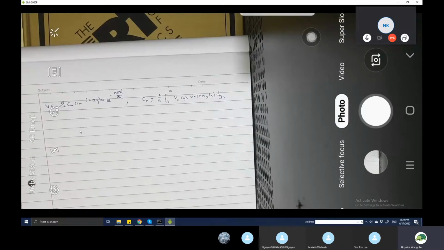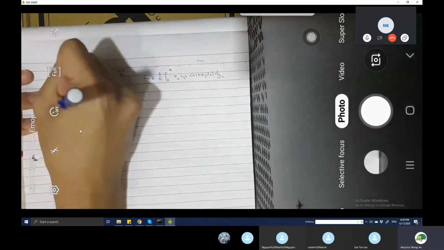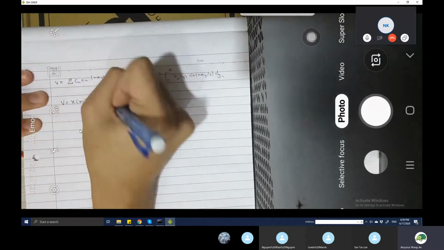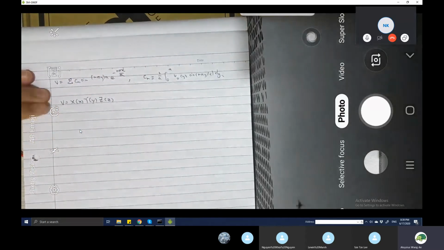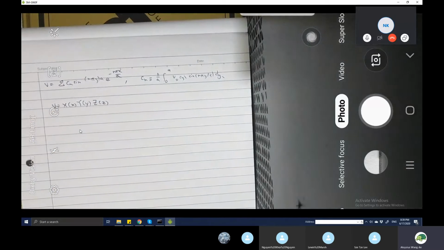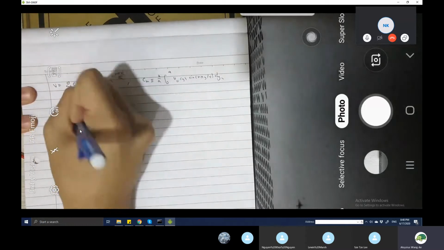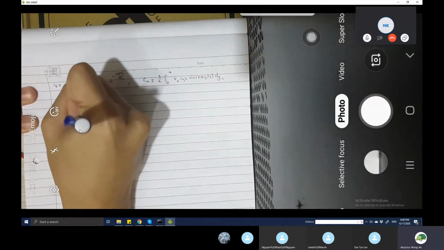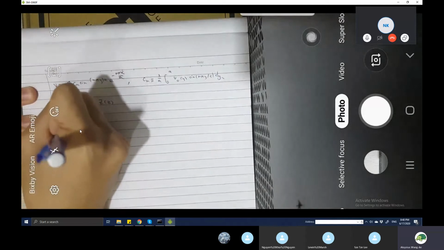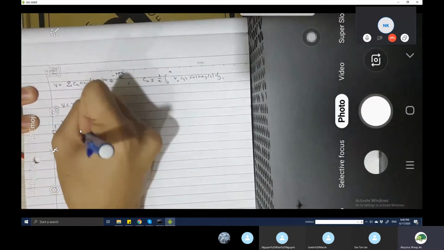So let me just give a short recap. When it comes to the separation of variables, what you want to do is assume that your v is going to be equal to some function of x, some function of y, some function of z. This is in Cartesian coordinates. Once you are done, when you do the differentiation, you are going to end up with something that looks like this: x, y, z derivatives, plus blah, blah, blah. And at this point, you divide by X(x)Y(y)Z(z) to get 1 over Z